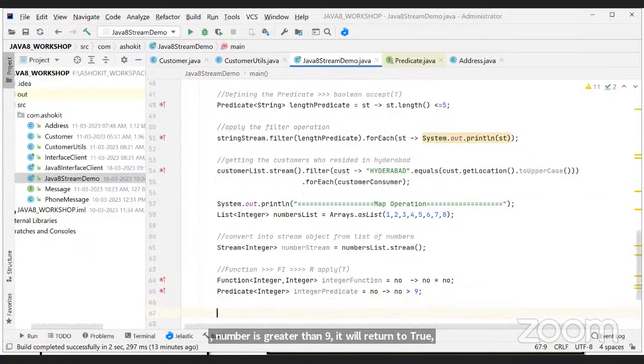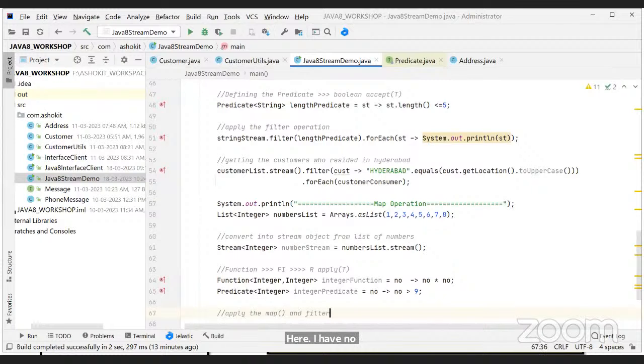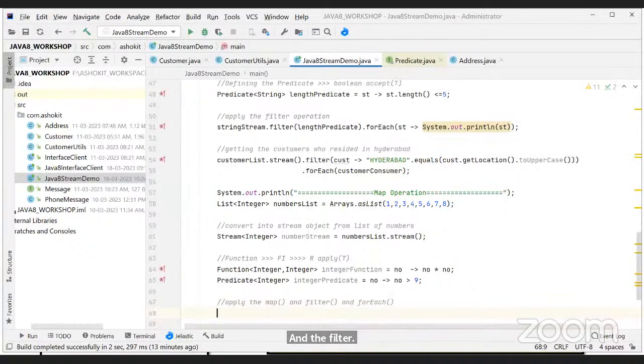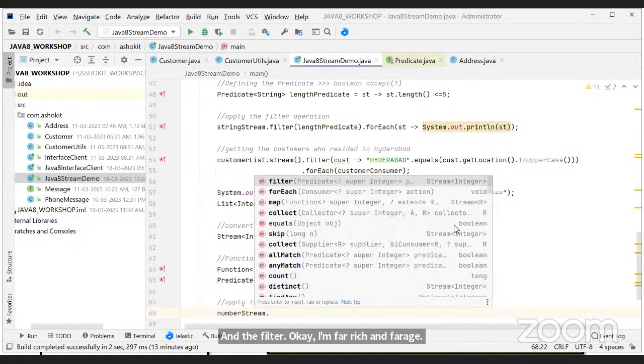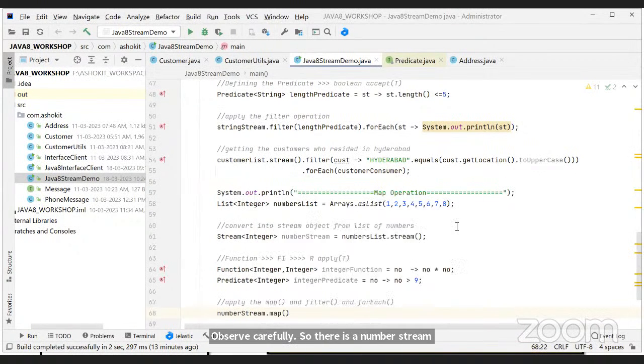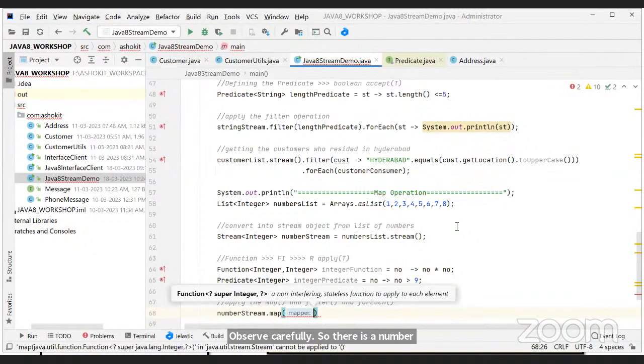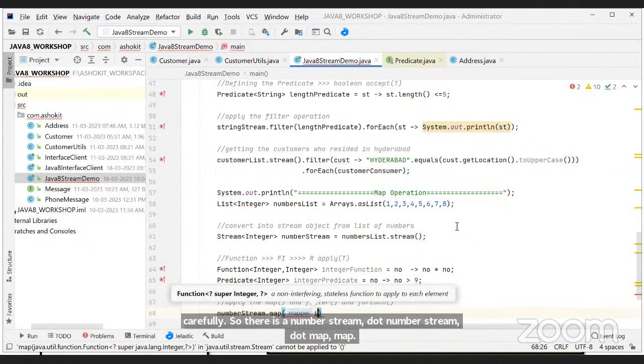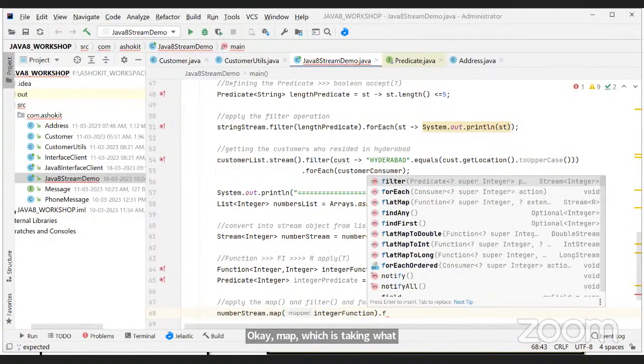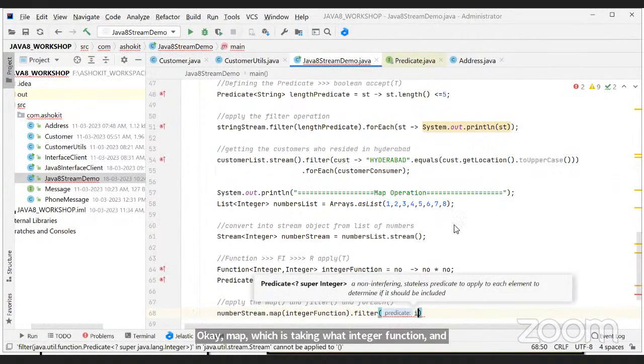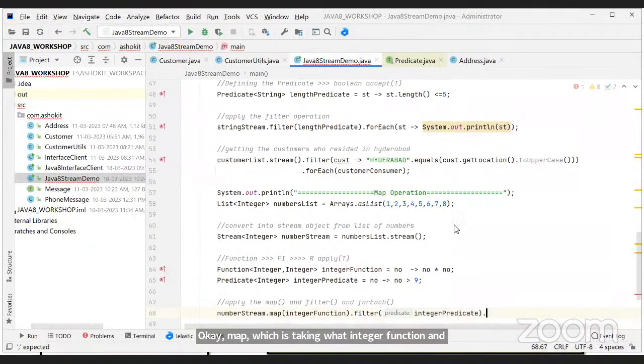Now I apply map, filter, and forEach. Observe carefully. That is numbersStream dot map, which takes the integer function, dot filter, which takes the integer predicate, and dot forEach.